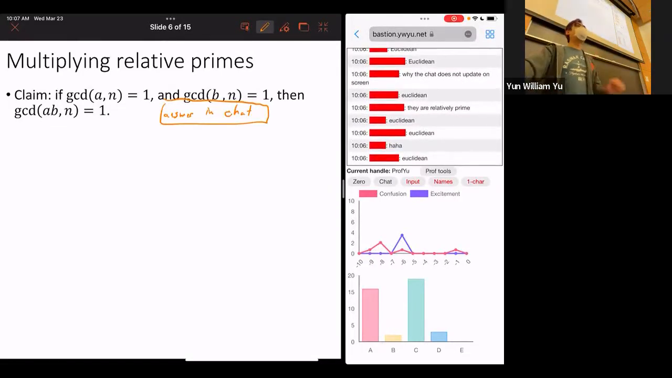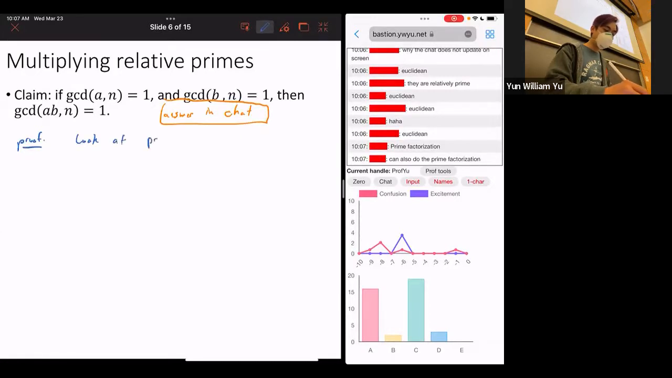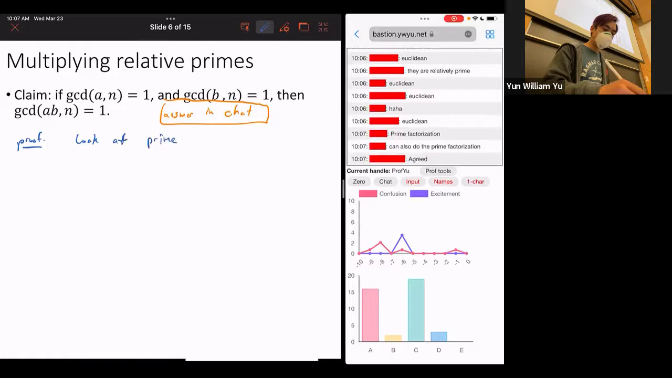So yeah, you have 2 different ways of doing it. There was the Euclidean algorithm and also the prime factorization. The Euclidean algorithm is hard to use here, but using the prime factorization actually works out very nicely. And so we can prove this fairly easily using just the prime factorization. So proof: look at the prime factorizations